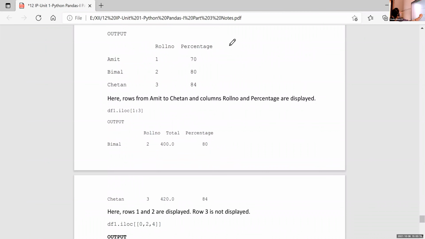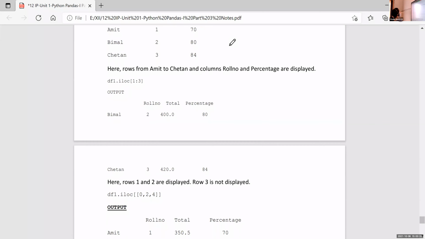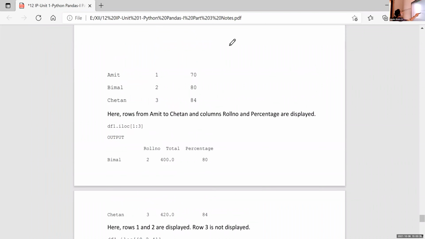Okay. Here, iloc[1:3]. In the case of iloc, we are giving the index value. So it is 1:3. 1:3 means 1 means, 1 second, which is the,